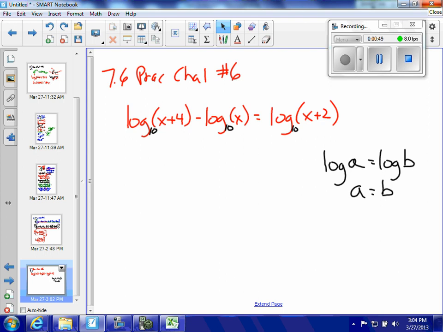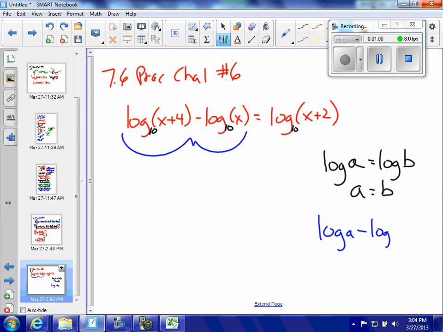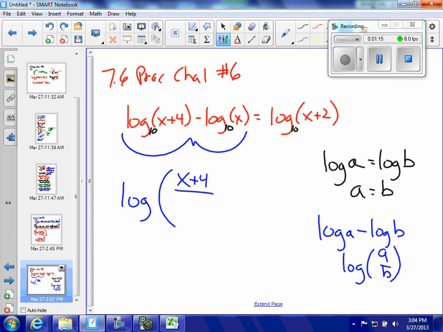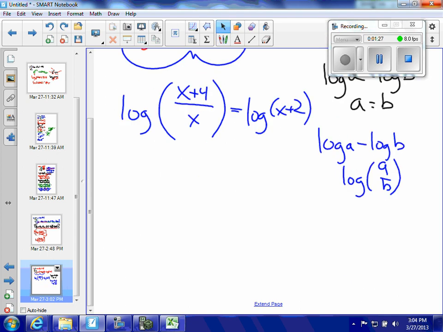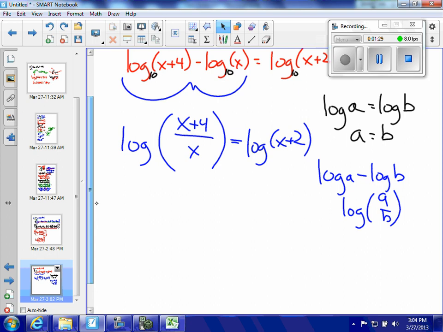Well, I'm going to start by condensing this logarithm right here, because I know that log A minus log B is the same thing as log A divided by B. So this would be log of x plus 4 over x, and that is equal to log of x plus 2. Well, that has just pretty much solved my problem, because I can now use